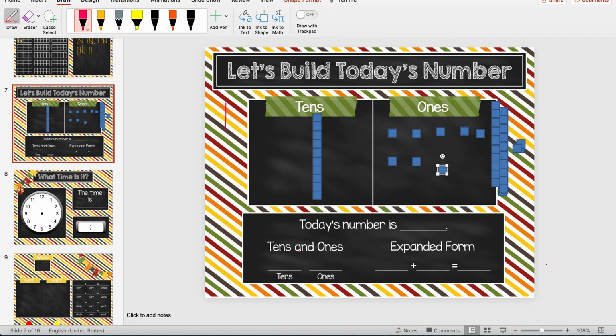So when I write that down, I write it just like that. 1 10 and 8 1s. Now remember, in expanded form, we're writing down literally how many people are on that bus. How many people are on this bus? How many people are at the bus stop? 1, 2, 3, 4, 5, 6, 7, 8. Okay, so we have 10 people on a bus and 8 people waiting at the bus stop, which makes a total of 18. Good, do you see